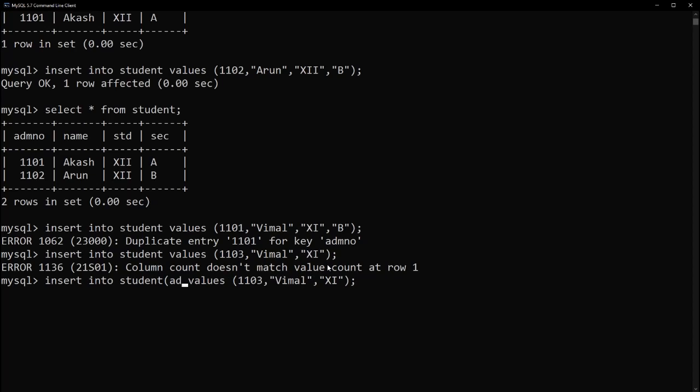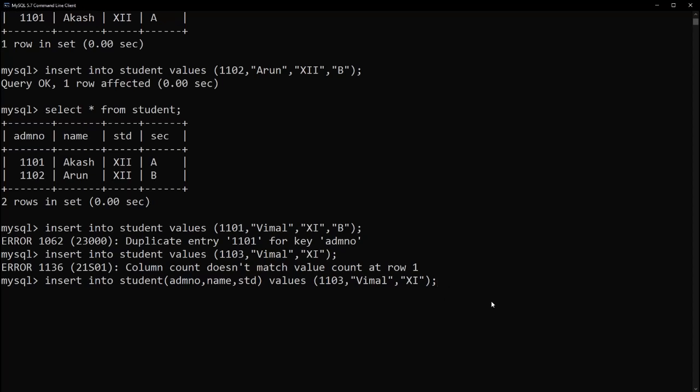So I can type ADMNO, comma, NAME, comma, STD, which means earlier when I did not specify anything, it assumed that all columns are going to be filled. Now I am telling it only 3 columns I am going to fill up. So these 3 values will be filled up in these 3 columns. Again, children, it is not that you cannot skip a column in between. You can skip a column in between also. You have to just mention the column names for which the appropriate values have to be filled.